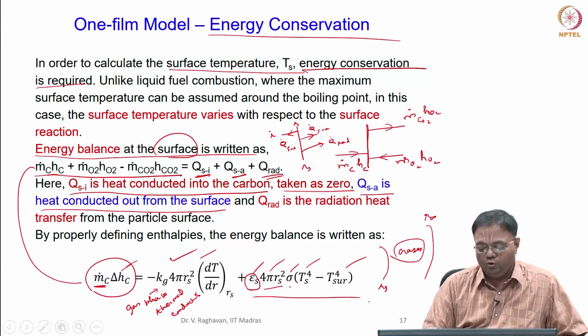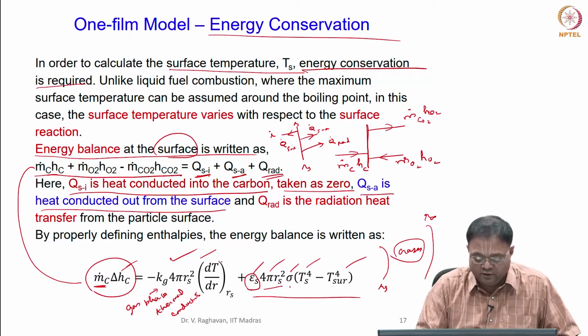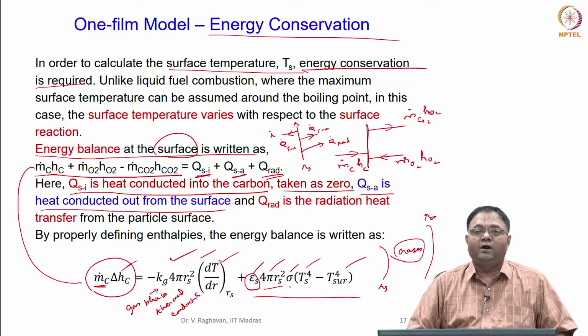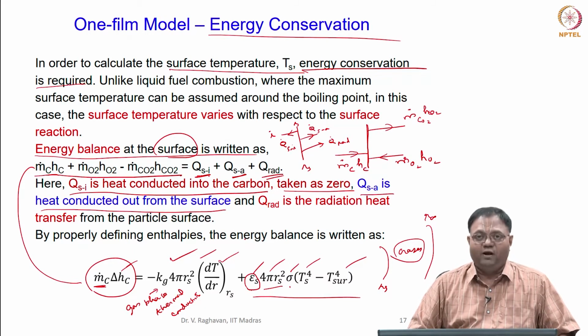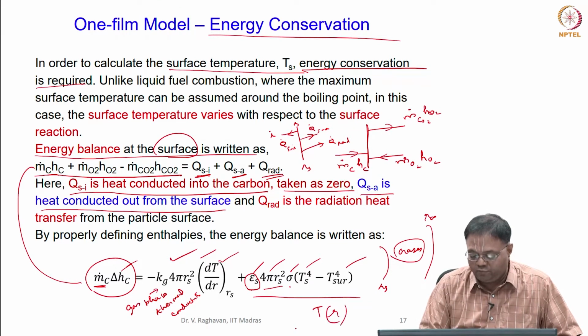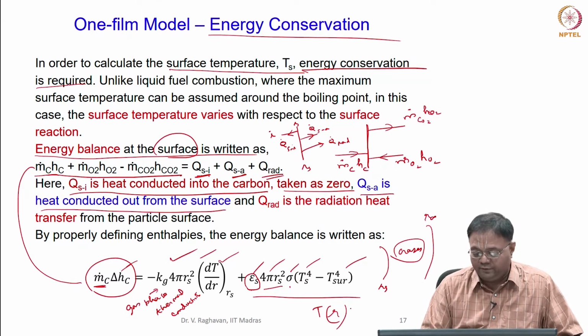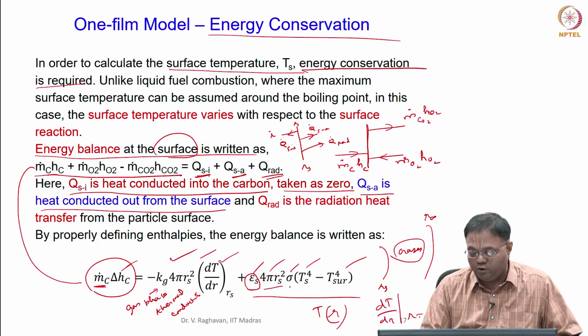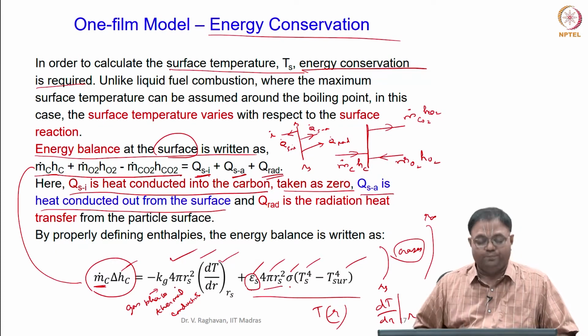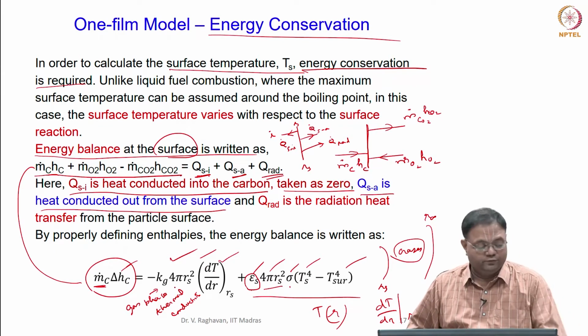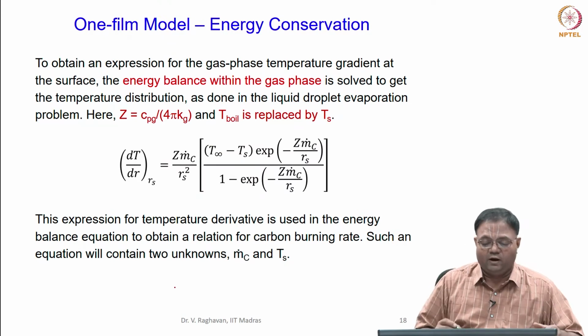So, this we know, this is another equation which is generated here. Now, somehow if I can substitute for the dT by dr at the surface, for which we need the profile. So, gas phase energy conservation equation we solve and try to get the T as a function of R, the T-r profile, then I differentiate it with respect to R, dT by dr, and apply that to R equal to Rs, and I substitute here to get the value of this. So, that is the next thing, but we have already done that.